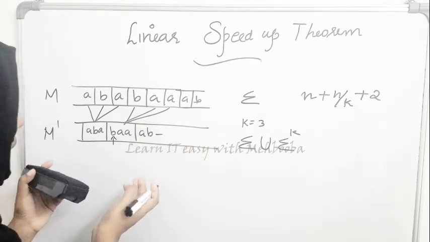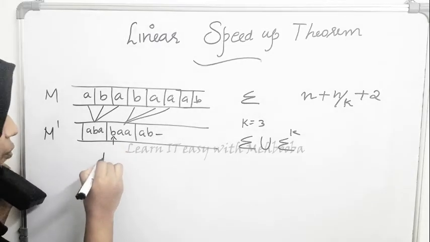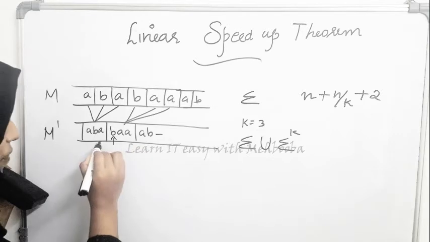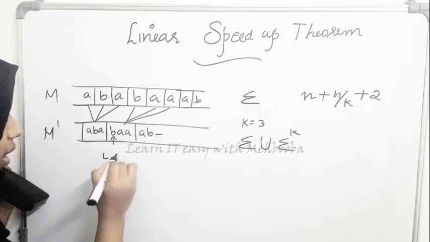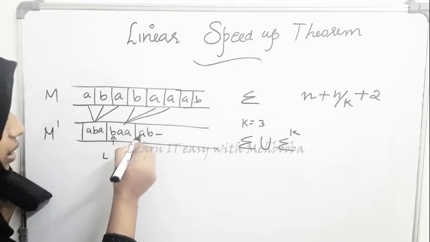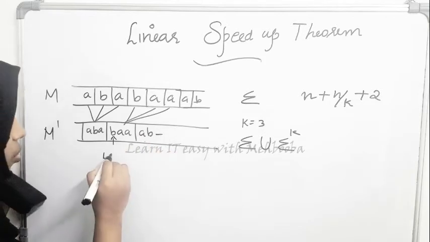So to get the characters to the left of it and to the right of it, it may move to the left cell to get the left character, and it may move to the right cell to get the next character. For example, if you are considering this a, the next character is this a and it is lying on the right cell, isn't it? So you may move,